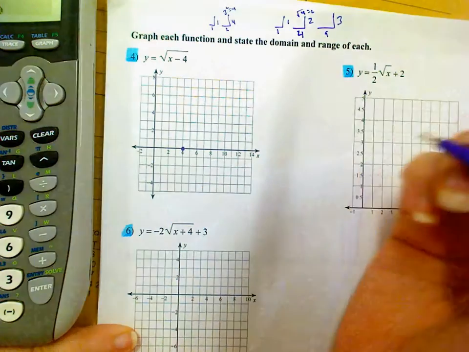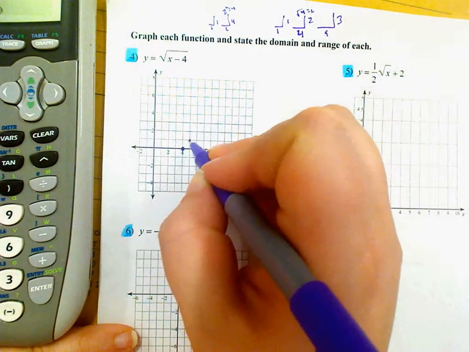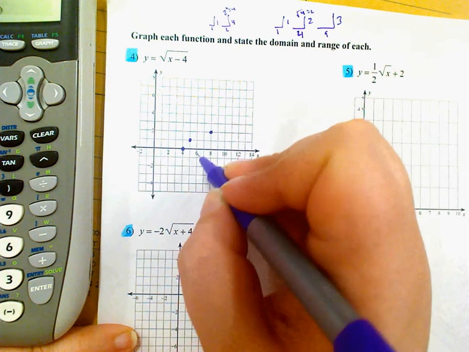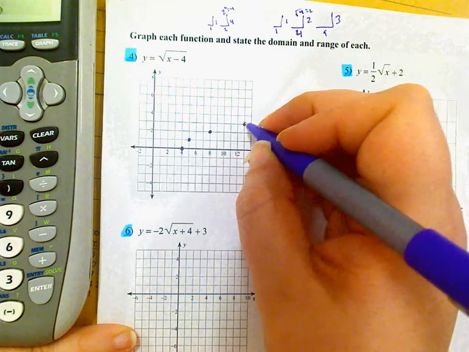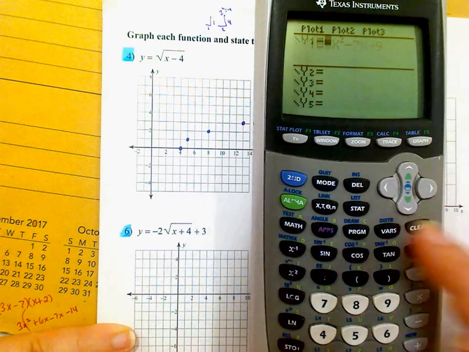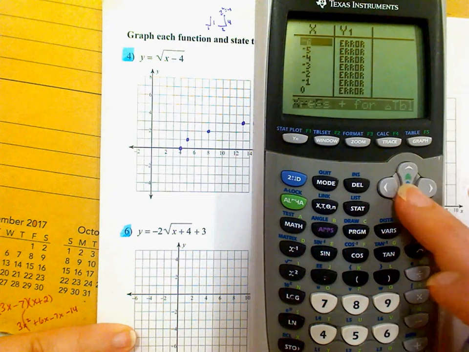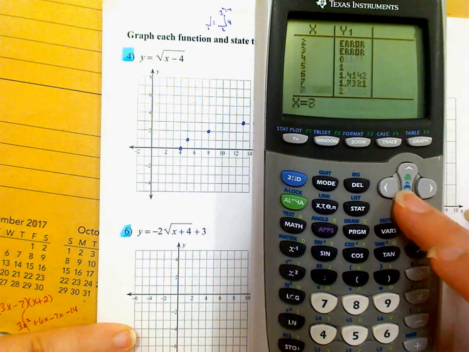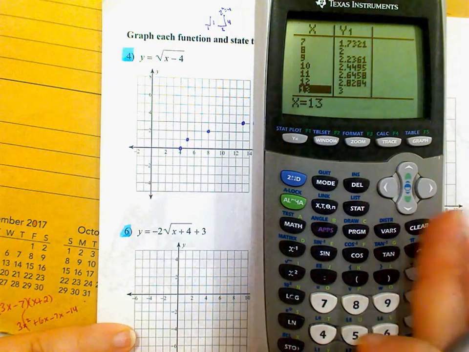And then I'm just going to follow the pattern. Over 1, up 1. Over 4, 1, 2, 3, 4, up 2. And over 9, 9 from 4 is 13, and up 3, 1, 2, 3. Now the other option, obviously, is to go to y equals, and type it in. X minus 4, and go to my table. And it doesn't exist until we get to positive 4. At 5 it's 1. At 8 it's 2. And at 13 we're at 3. Okay? So I just connect,